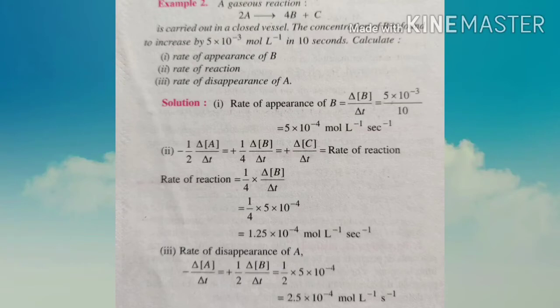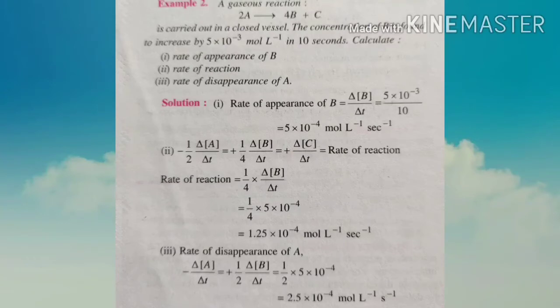The gaseous reaction 2A is converted into 4B + C, carried out in a closed vessel. The concentration of B is found to increase by 5 × 10^-3 mol per liter in 10 seconds. Now you have to calculate the rate of appearance of B, the rate of reaction, and the rate of disappearance of A. Part number 1. The rate of appearance of B is equal to delta B upon delta t, equal to 5 × 10^-3 upon 10, that is equal to 5 × 10^-4. Now for the second part,